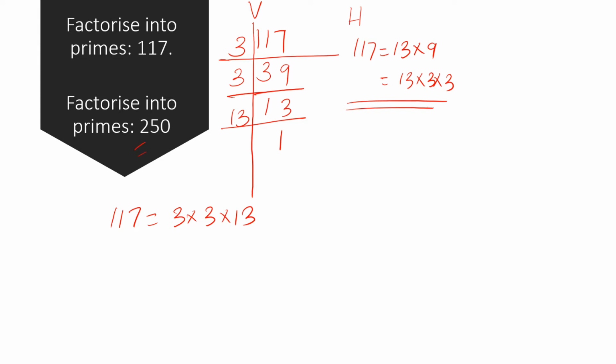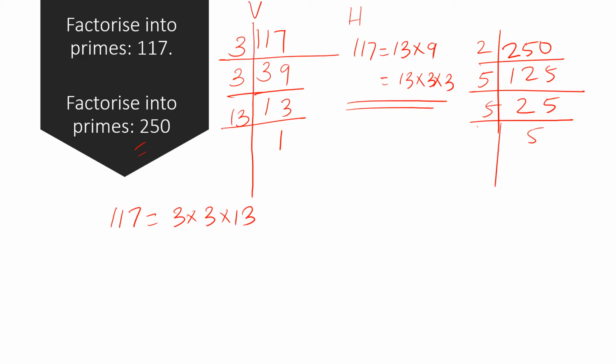There is another number given, 250. 250 can be done by vertical arrangement. We can divide 0 at the end, so we can divide with 2 and we will get 125. As it is 5 at the end, not 2. 5 plus 2 plus 1 is equal to 8, it will not be divisible by 3, so we will divide it with 5. 2 5s are 10, 5 5s are 25. Again with 5, 5 5s are 25. Again with 5, correct? You have 1. And we will write 250 can be factorized into 2 into 5 into 5 into 5.